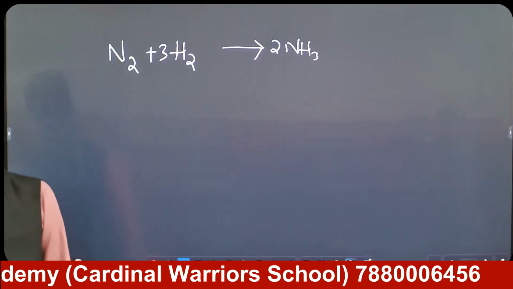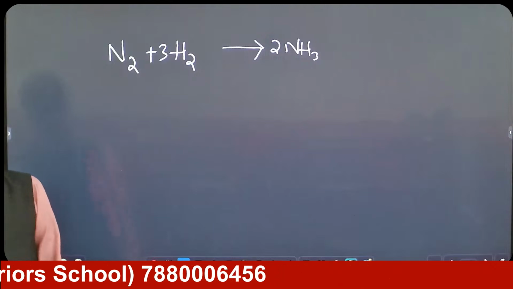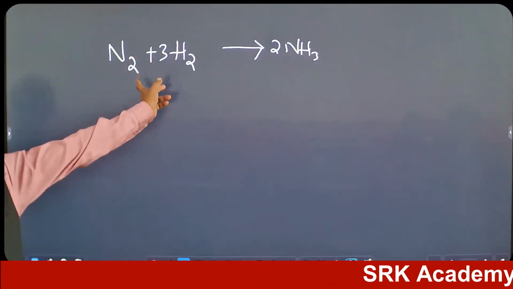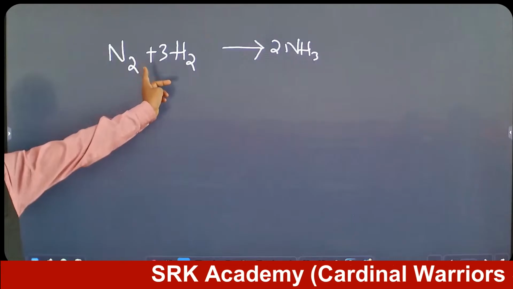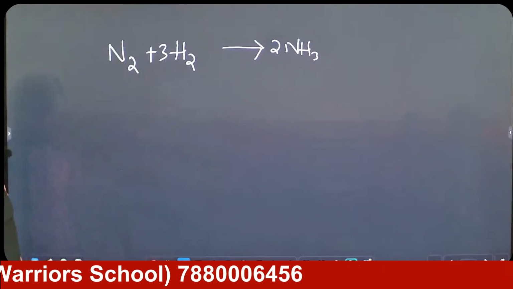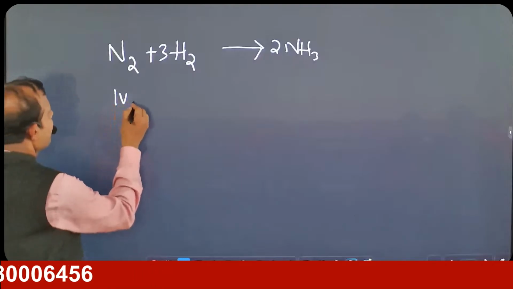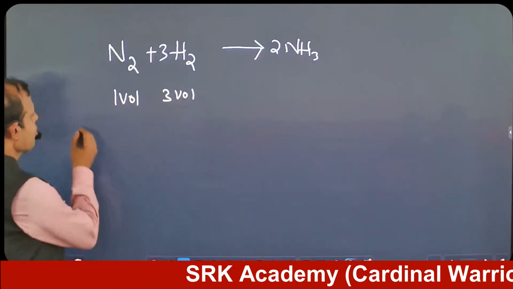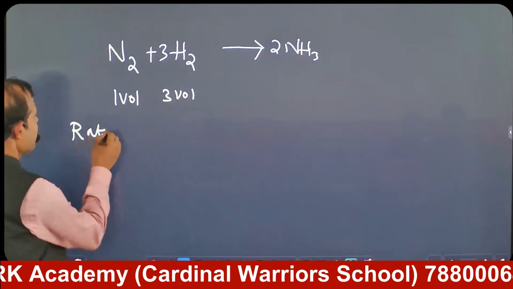Tell me, here how many volumes of nitrogen do we have? 1. How many volumes of hydrogen do we have? Hydrogen 3. So 1 volume and here 3 volumes. Yes or no? So the ratio of volume of reactants